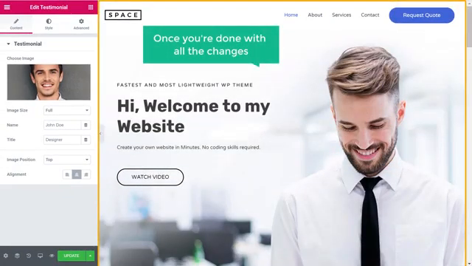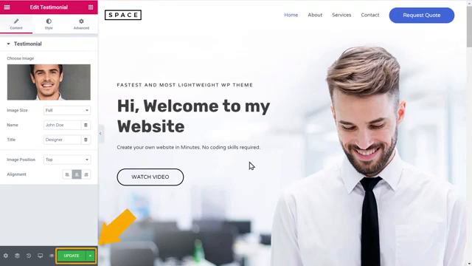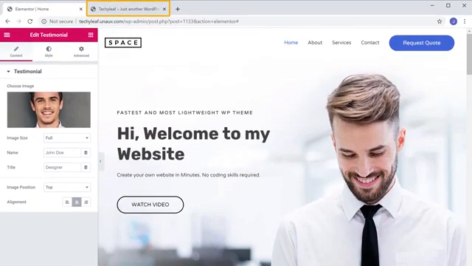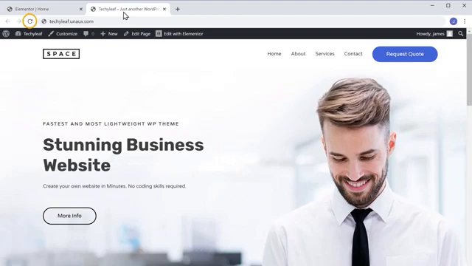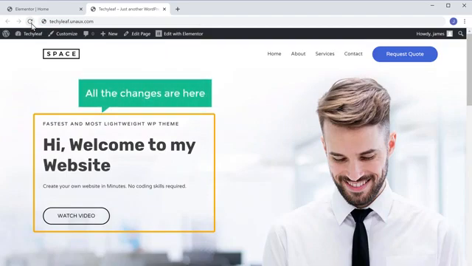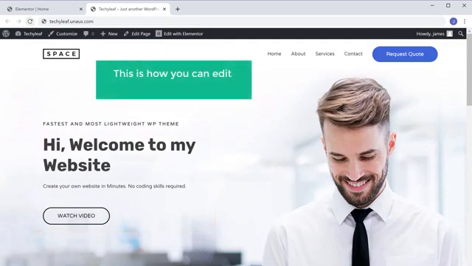Now once you're done with all the changes, just click Update. And now if you go to your site and click Refresh, you can see all the changes are here. So this is how you can edit any page of your website.